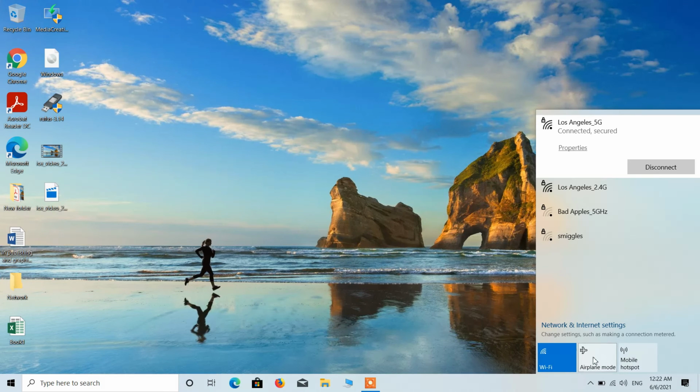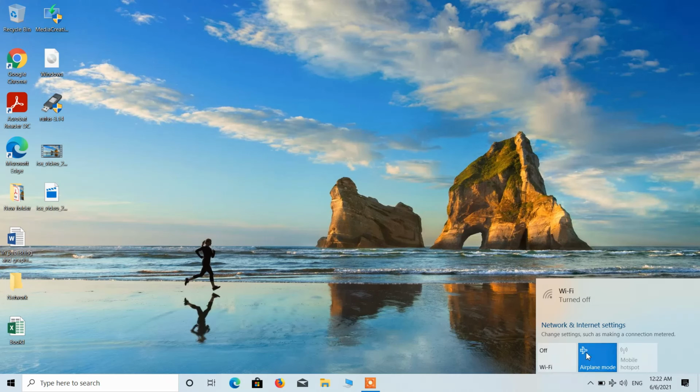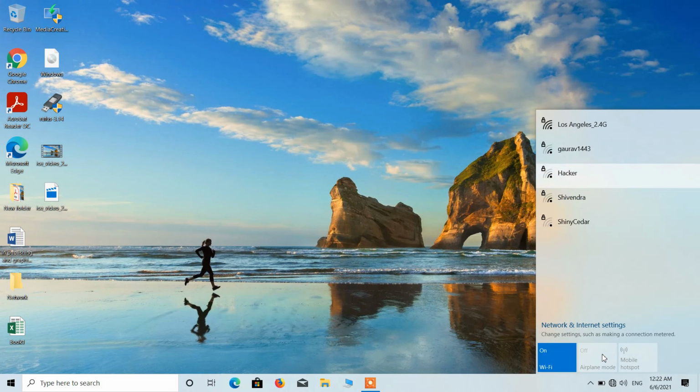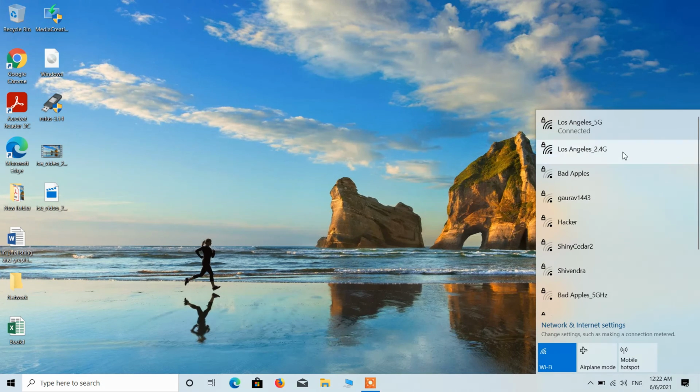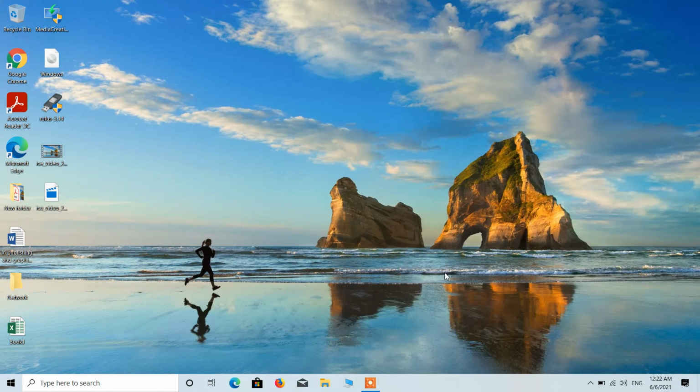So if in your system it is turned on and it is showing in blue color, then just click on this airplane mode once to turn it off, and the Wi-Fi will automatically get on, and it will start showing all the networks in your system. So this was method number 5.